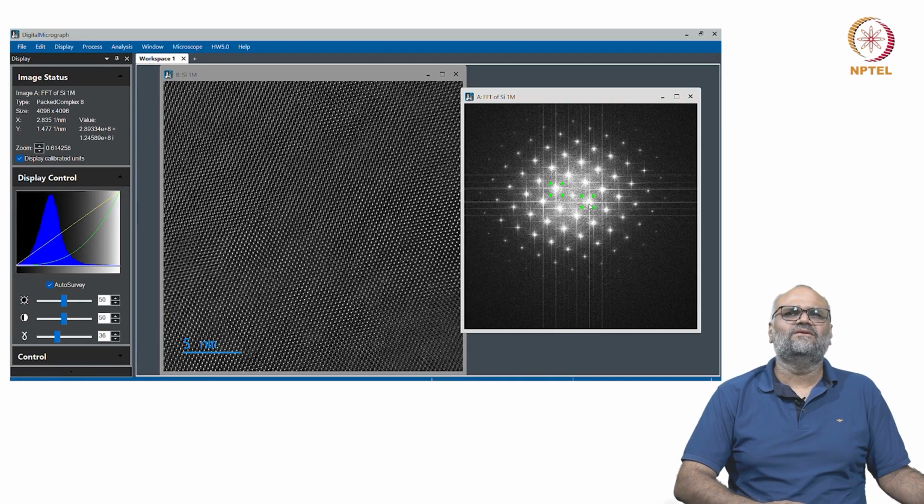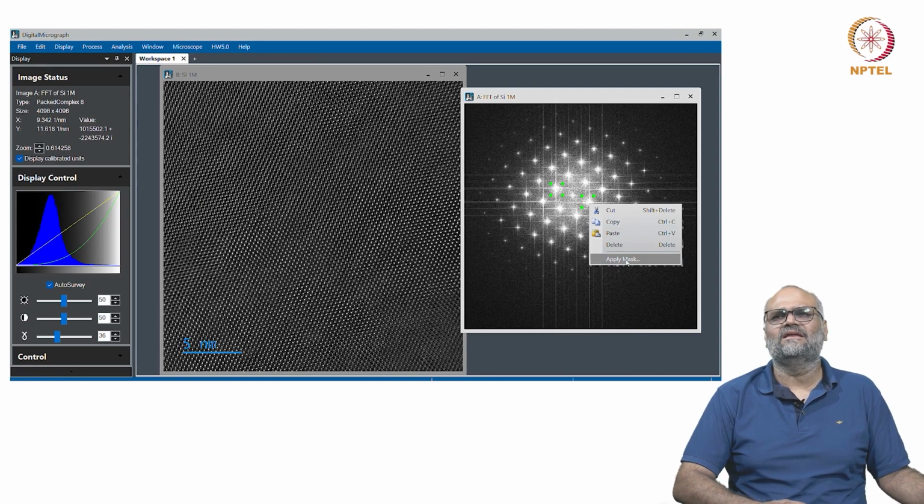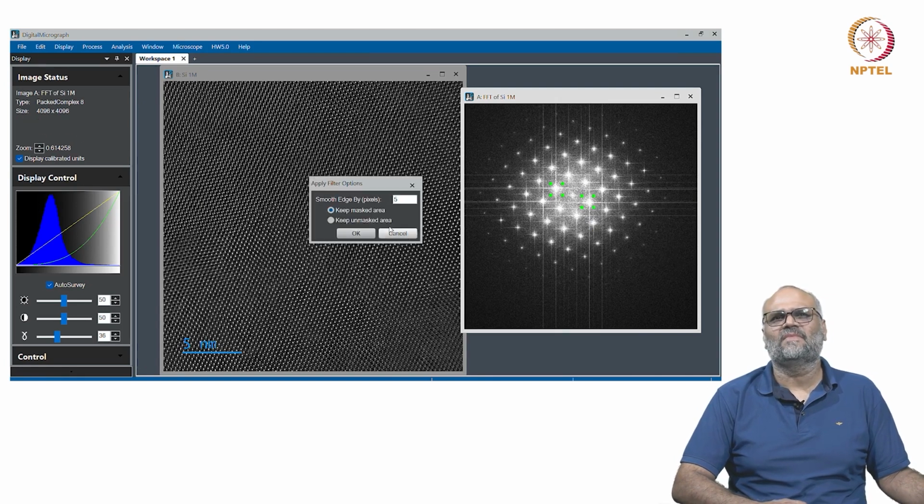And I can do the following. I can say apply mask, and if I keep the masked area,